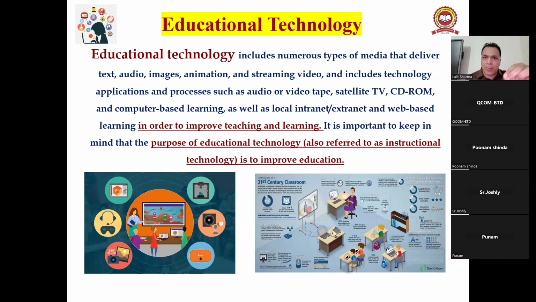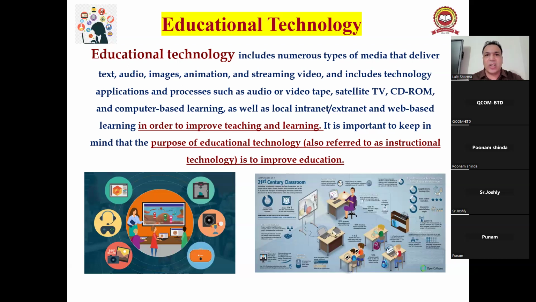Technology we use in the education process, for which purpose? In order to improve the educational process, or the teaching-learning process. This is called educational technology. Got it? So educational technology includes various types of media like text, images, graphics, animation, streaming video, and technology applications and processes such as audio, video, tape, satellite, TV, CD, computer-based learning, as well as local internet, intranet,